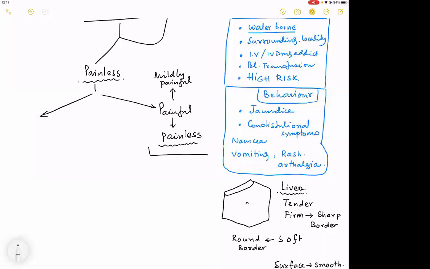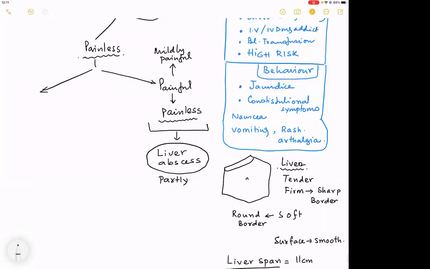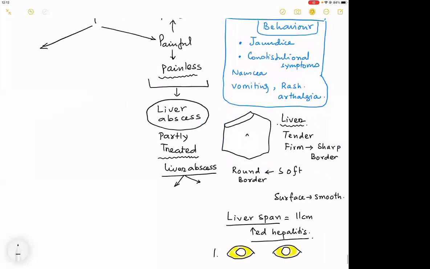These are typical cases of liver abscess that you get in exam, which are partially treated. Definitely, it is hoped that you will not be given a liver abscess without any treatment. And as I hope you have known, liver abscesses are usually two types. This is taught by medicine people. Those who have done the theory class on liver have been taught there are two kinds of liver abscess, isn't it? One is called pyogenic and one is called amoebic.